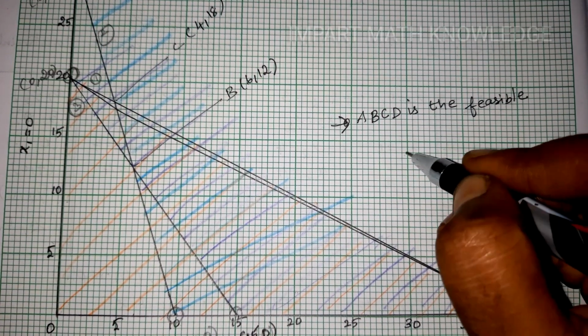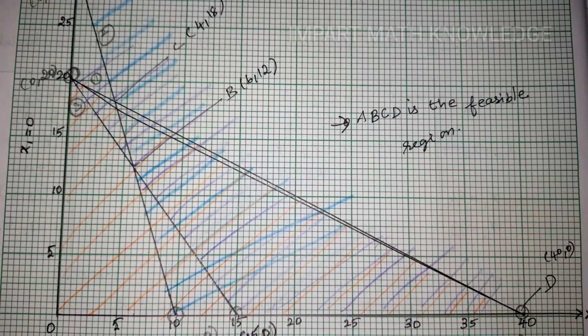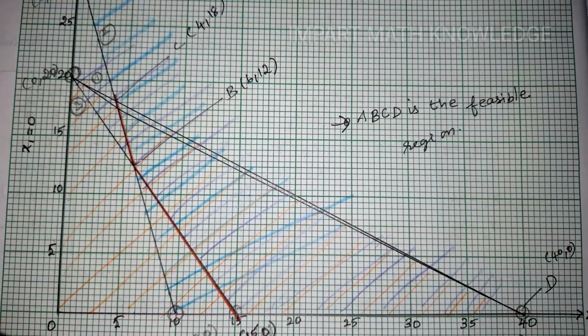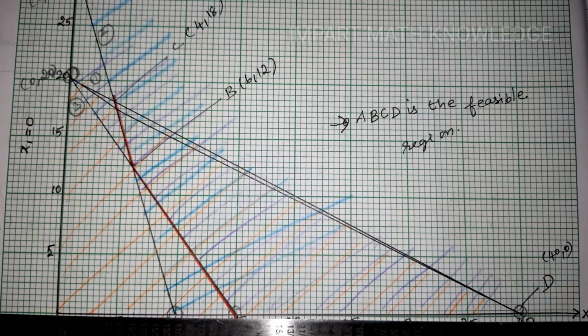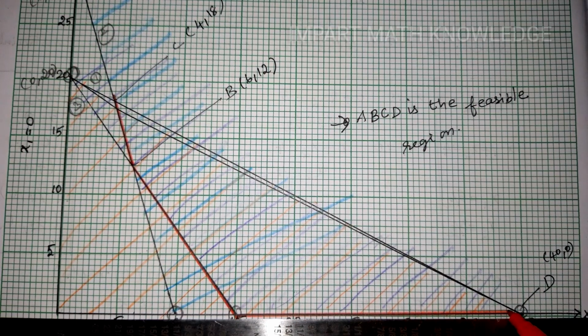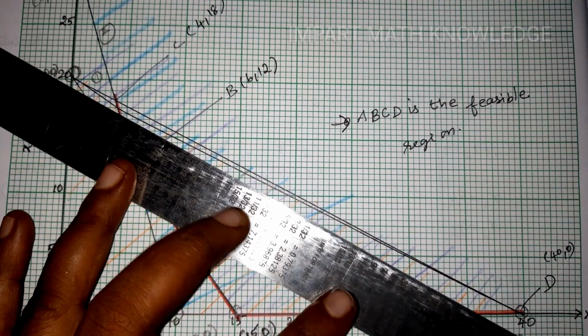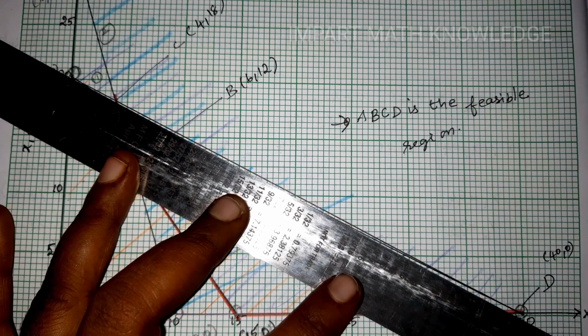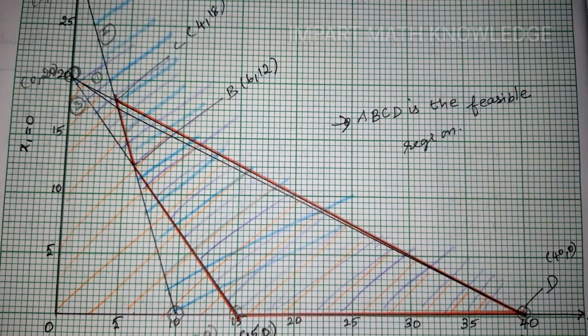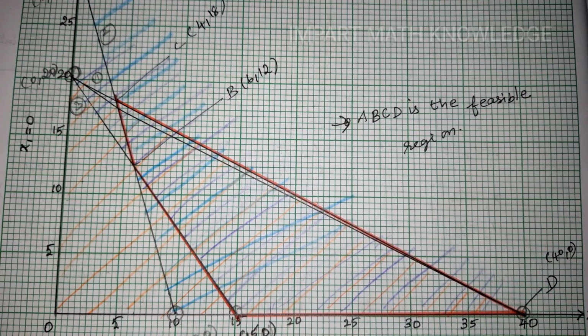I darken the feasible region so that you can easily identify it. Okay, so after shading you have to darken the corners, so then you can easily identify the feasible region. Once we identify the feasible region, we have to mark the corners. After marking the corners, you have to write the coordinates for those particular corners.